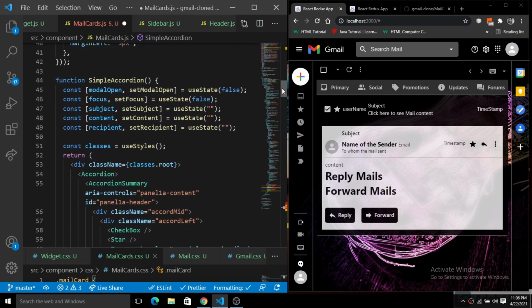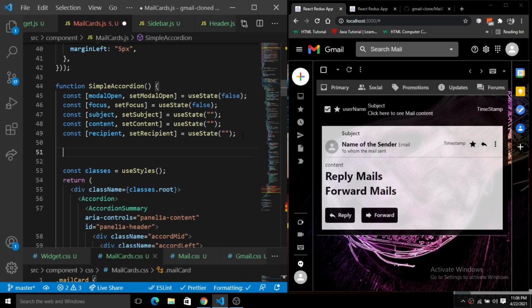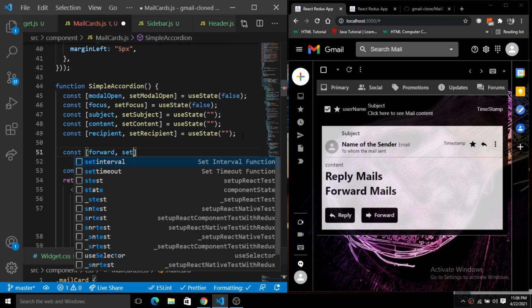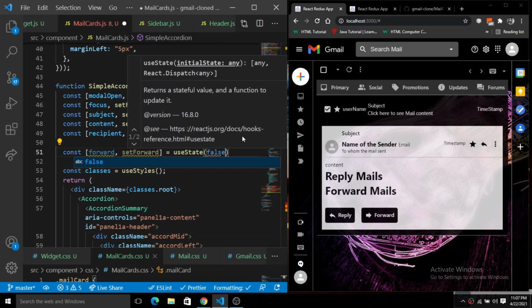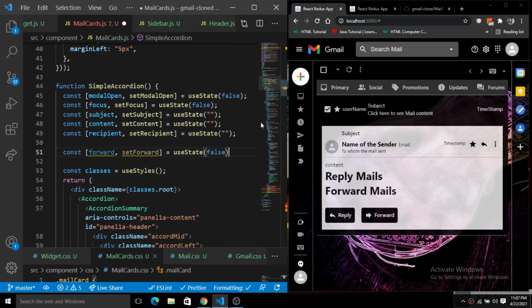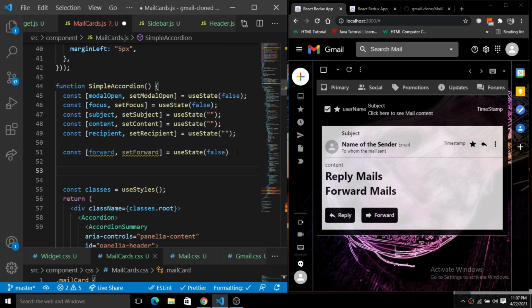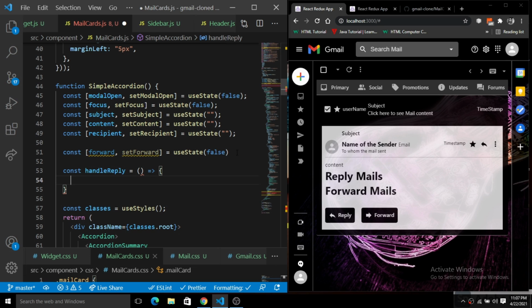To define the function, first of all we will create another state, that is forward. So forward, setForward. Initially, not an empty array, use the boolean value which is false. So initially the forward will be false. Okay, so we have a function called handleReply. So the handleReply function will simply set the modal to true.